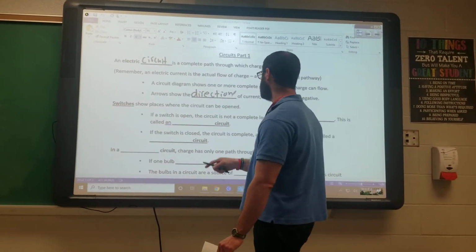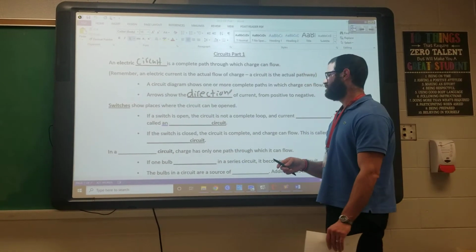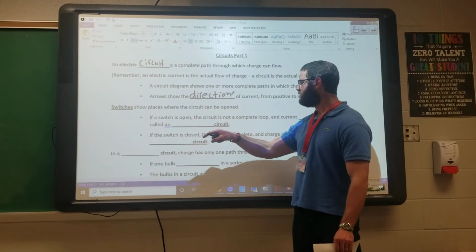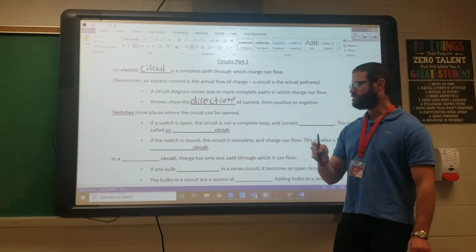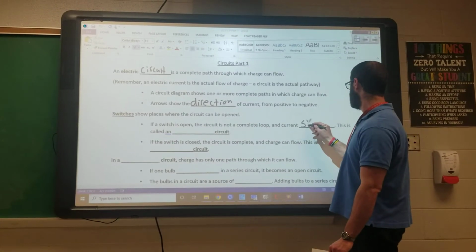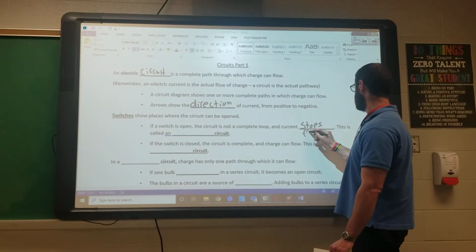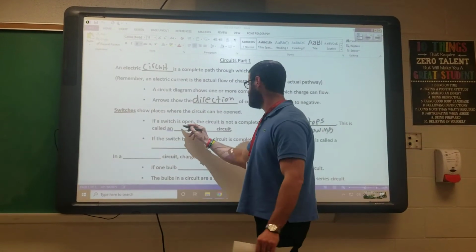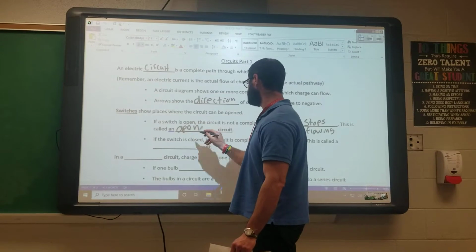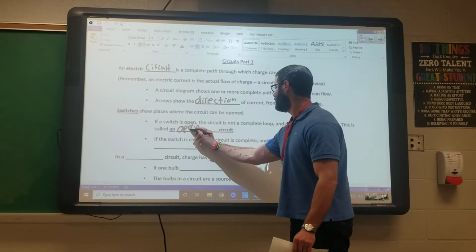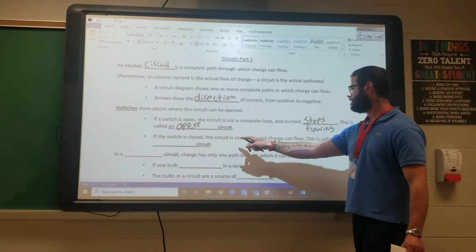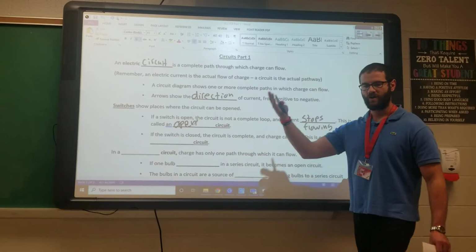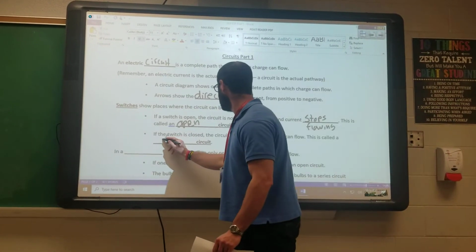Switches show places where the circuit can be open. So if a switch is open, the circuit is not a complete loop, and the current stops flowing. This is called an open circuit. If the switch is closed, the circuit is complete and charge can flow. This is called a closed